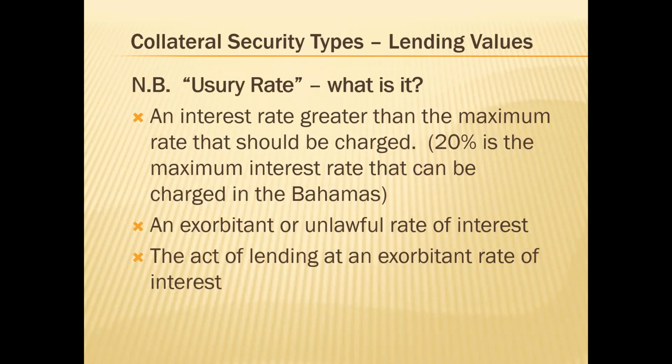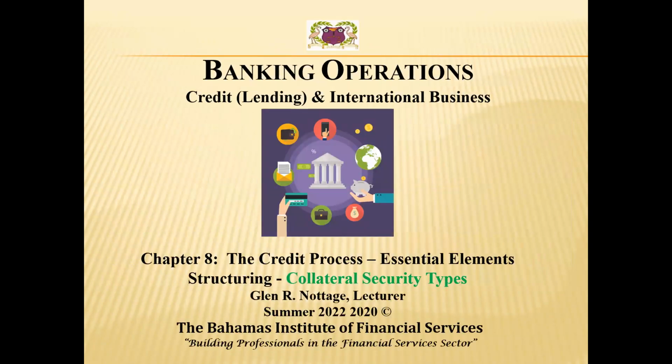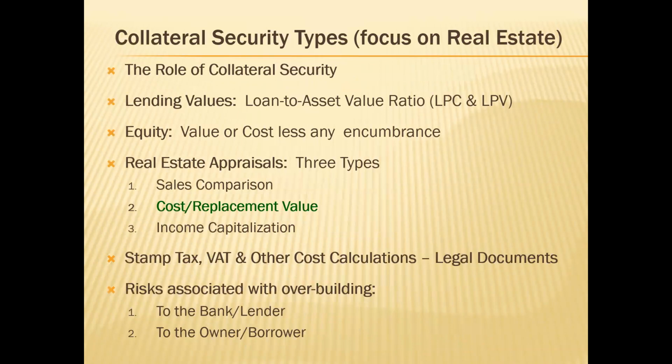Then we moved on to the next section on collateral security types. So we began looking at real estate as the collateral security type to focus on. And we said we would look at the role of collateral security, lending values, equity, real estate appraisals. We didn't look at stamp tax and VAT, and we won't look at that again tonight. But if I get my information confirmed, we'll look at it on Thursday,